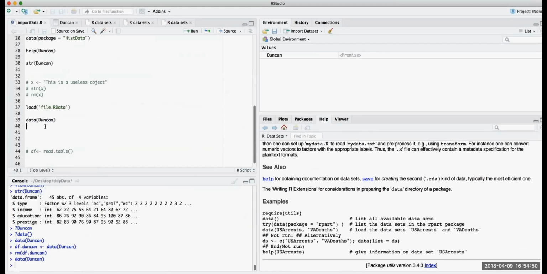And that's similar to the load data function that we used before. So if we use an R data file, you would say load and then use file.rdata. Most data sets aren't going to be in R dataset formats, unless you save it that way. And you can do that. So then if we have this data set here,